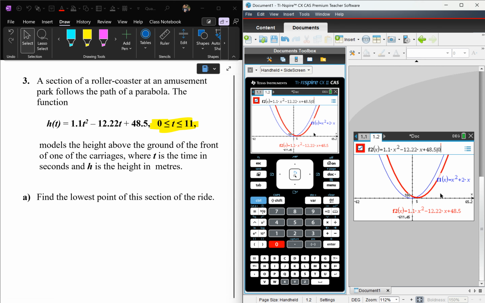Control equals again. And there's your inequality. 0 must be less than or equal to x, but it's also less than or equal to 11. If I do that now and I press enter, that should restrict the graph between 0 and 11. It won't go on infinitely. So if I press enter, can you see how the graph has shrunk? Because it's only this bit. That's where 11 is. So if I zoom in, if I go to menu for box,